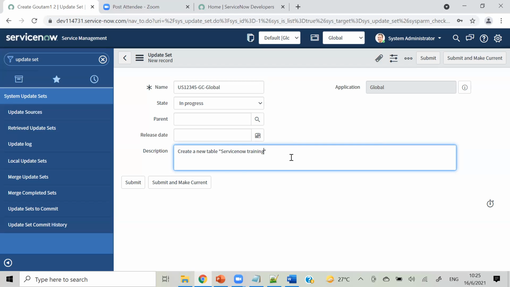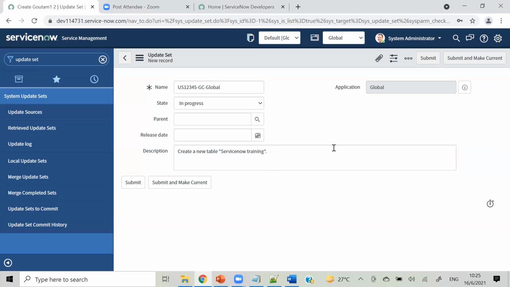I'm giving that description because after you leave your organization, if someone wants to check which update sets you worked on and what is under a particular update set, this description will make it easy to understand.